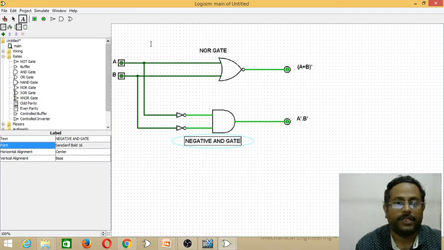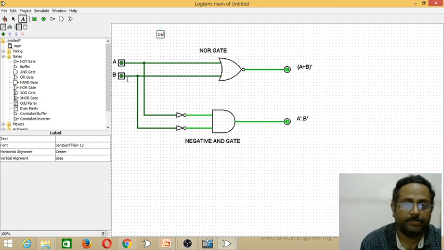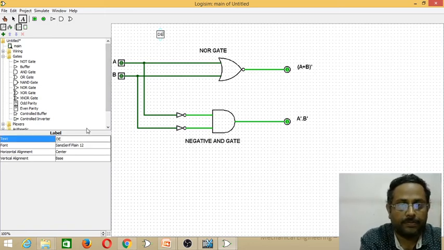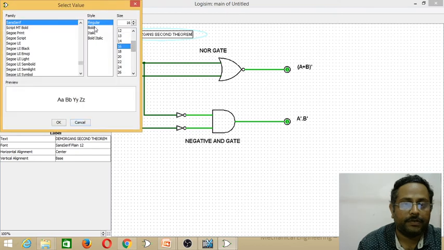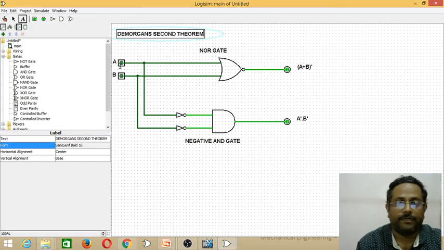Then name the theorem, that is De Morgan's second theorem, make it 16 bold, OK.